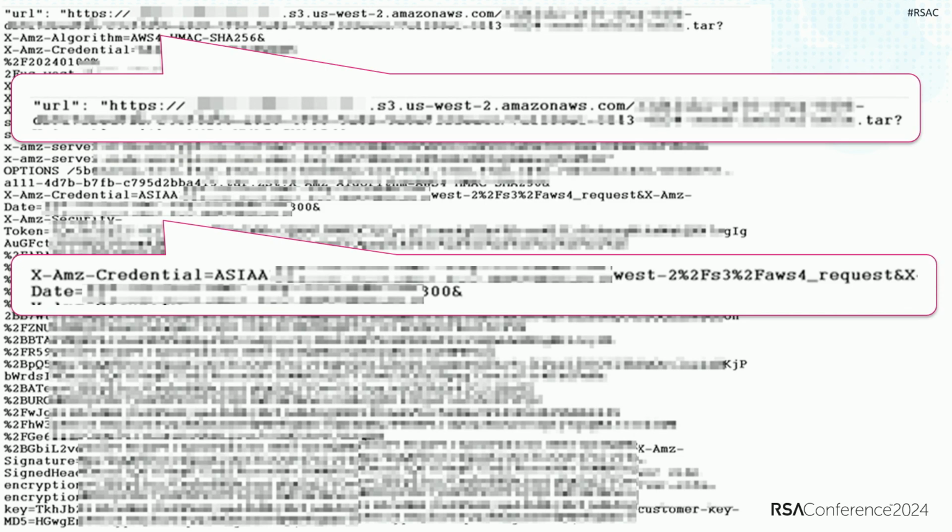One thing you can do here, if you have activity like this, because this temporary security token activity coming from outside your account in places that you can't explain, it's usually a very good hunt. But one way you can get rid of noise like this is, rather than doing it this way, this could be replaced with what are called pre-shared URLs. When a browser or an external application needs an S3 file, you can create and give it a pre-shared URL, and use that URL to grab that file, and then it will expire. And then you don't have any token usage like this to think about, so that's good.